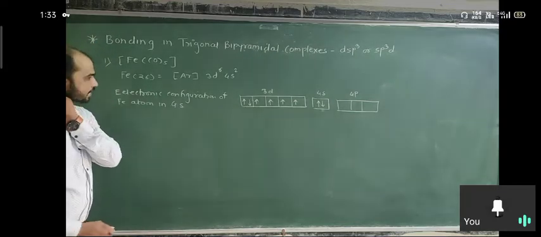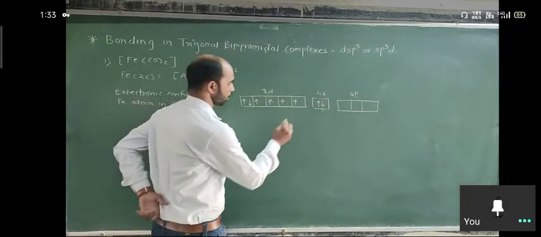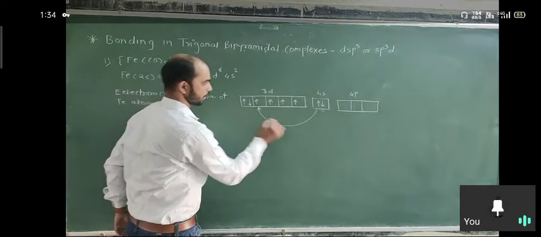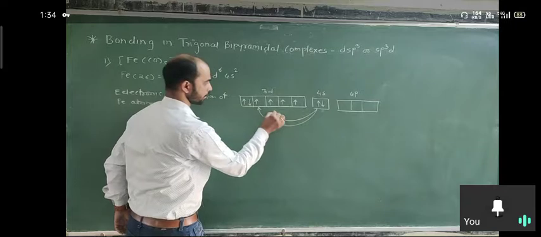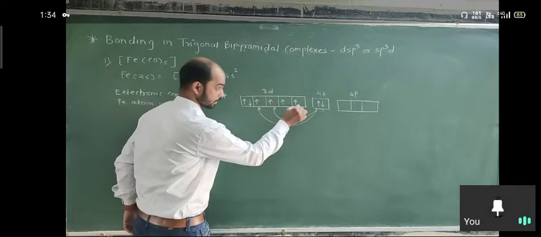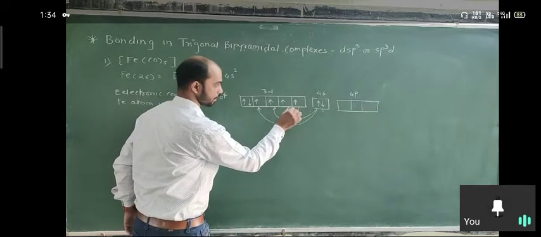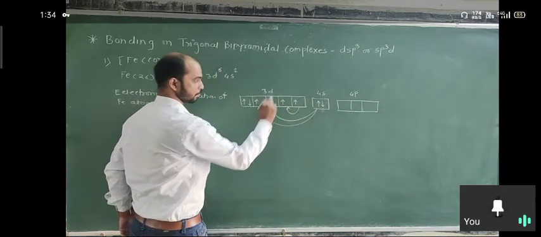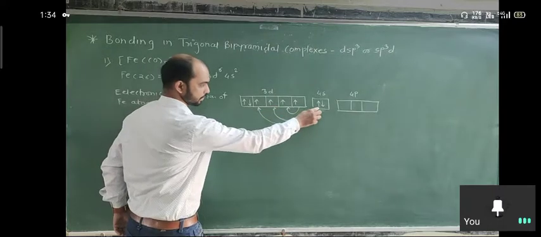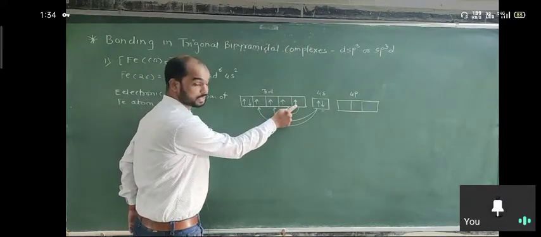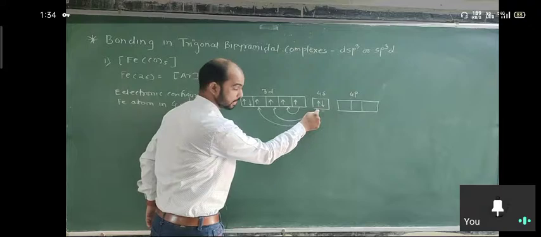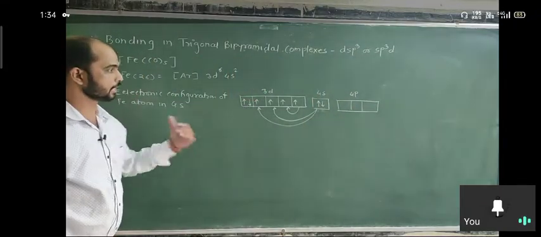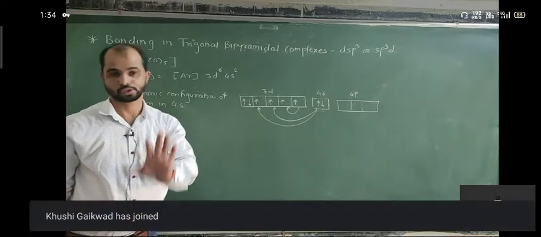So when there is excitation, what happens? These two electrons go into pairing. The first comes here, the second one comes here, and the outer one comes here. That means the 4 unpaired electrons plus these 2 electrons, 6 electrons, are paired up and form 3 pairs. When this happens, the last d is empty, 4s is empty, and the remaining 3 p orbitals are also empty. That means dsp3 hybridization is possible.